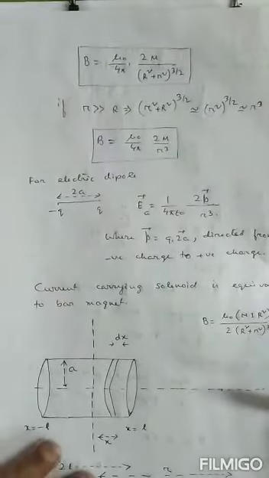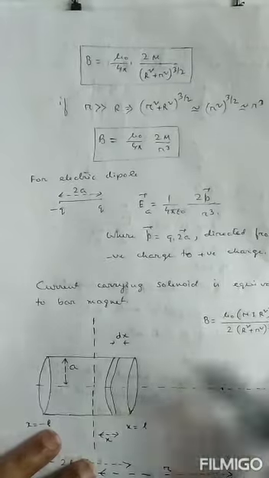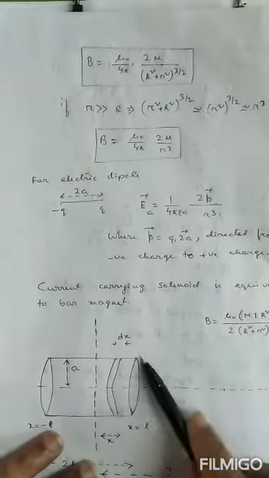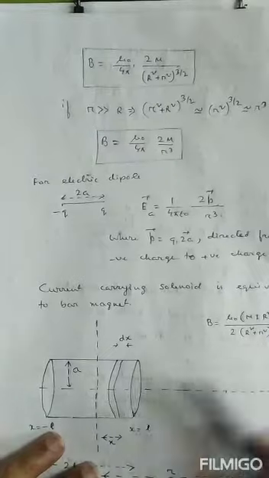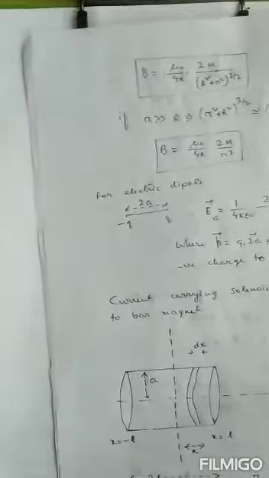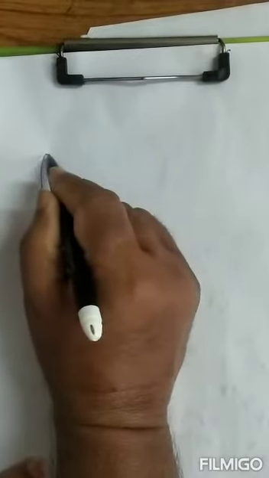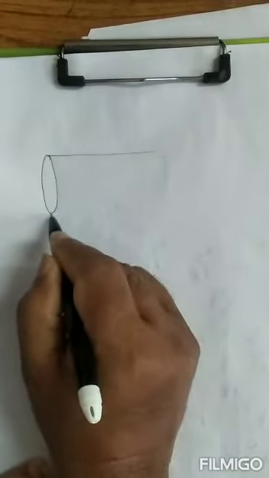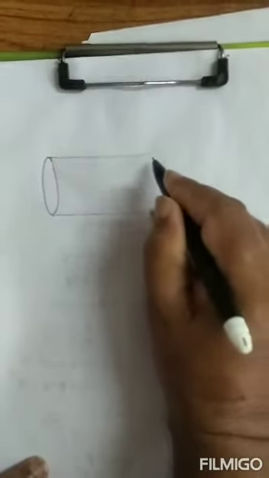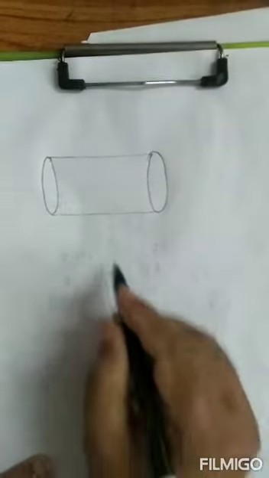Now what is the difference between a circular coil and a solenoid? If the length of a coil is more than the diameter, it is called a solenoid. If the length is less than the diameter, it is called a circular coil. Now we want to show that a solenoid is equivalent to a bar magnet. That means the expression of magnetic field induction of a bar magnet and that of the solenoid should be identical to each other.